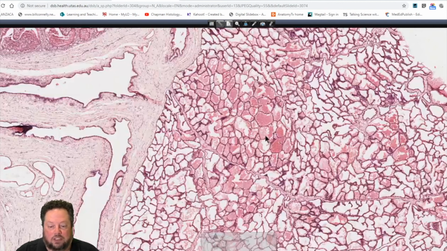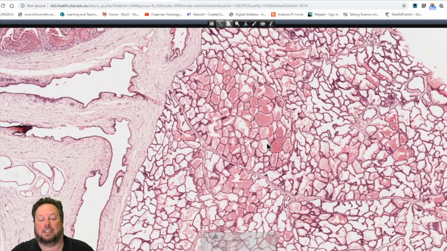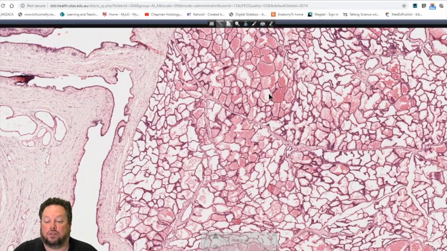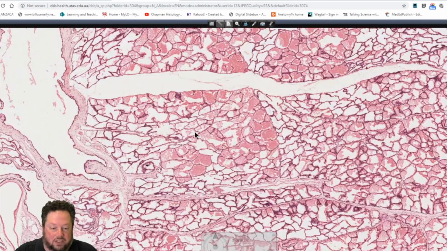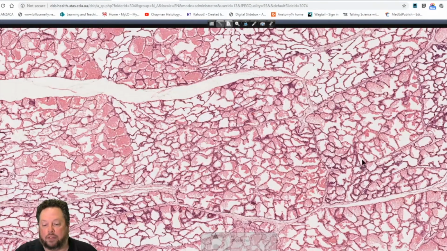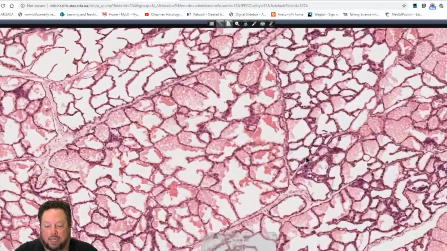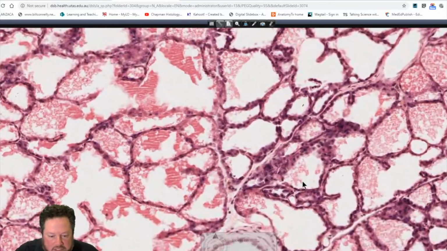So you can see just how dramatically the structure of the mammary gland changes depending upon whether it's inactive, active, or actively lactating. So this is a lactating mammary gland of, I think it was a cat. So you can see all the milk inside the alveoli here. Now, it may not be easy to see,